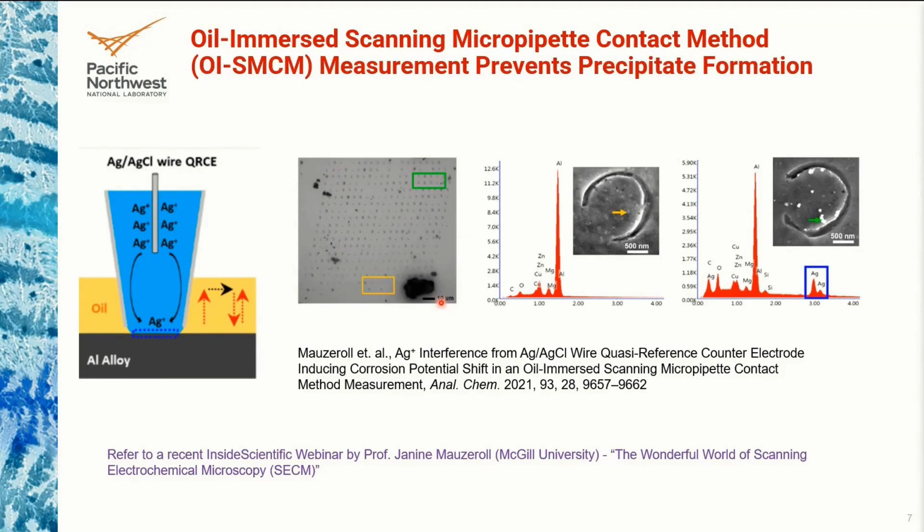One disadvantage is that it may be useful only for applications where the oil does not react with the surface, particularly in the case of corrosion. Some of the surfaces are dull or less reactive, but it may not be applicable directly in, say, catalysis, where the oil could essentially break down your organic molecules. So having said that,